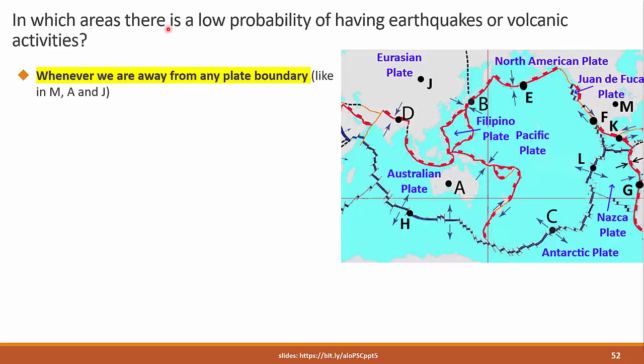In which areas is there a low probability of having earthquakes or volcanic activities? Now, to have low probability of earthquakes or volcanic activities, you need to be away from the boundaries. So that's places like J, A, M,